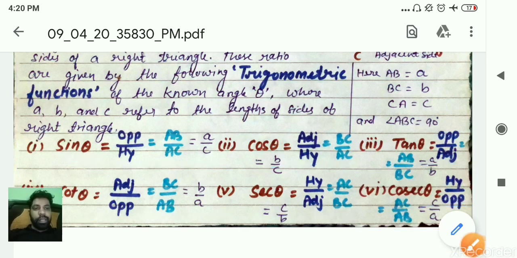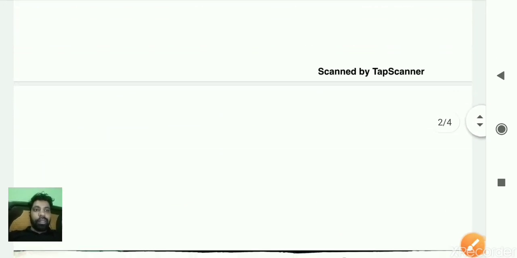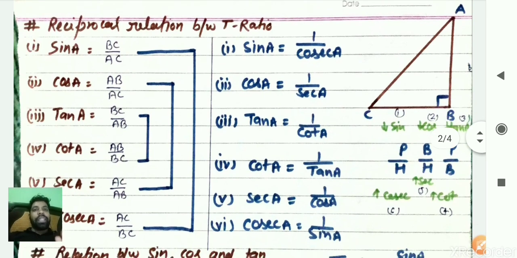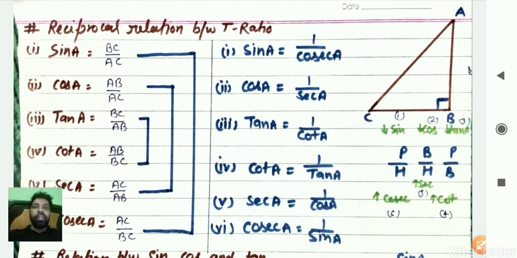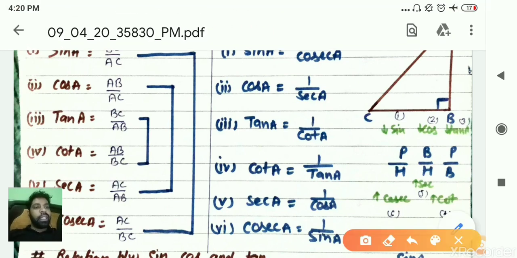Let us move to next. That is actually the same thing I have recently explained, the reciprocal relation between the trigonometric ratios. As I told you from the adjoining figure, sin A, make sure here I am using A instead of theta. So for this angle A,